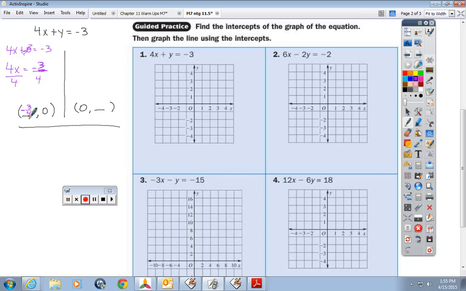Okay, now I'm going to go ahead and solve it again, but this time, what am I replacing with 0? X. So now I'm going to have 4 times 0 plus y equals -3. What is 4 times 0? 0. So that just cancels, and I'm left with y equals -3. So there's my second